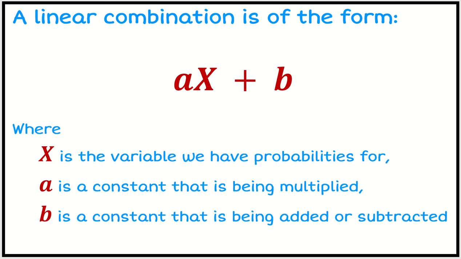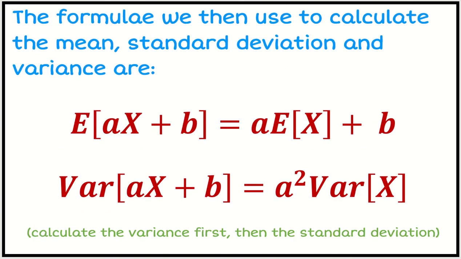So linear combinations come in this form here: a times x, which is your variable, plus b. So we've got a constant a that we can multiply by, and/or we could have a constant b that we're adding or subtracting to our variable. So when we come to calculate the new mean and variance of this linear combination, we need to take those